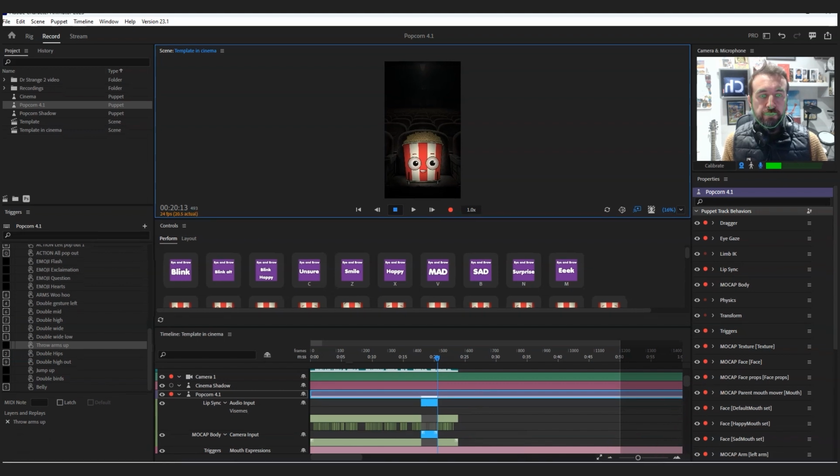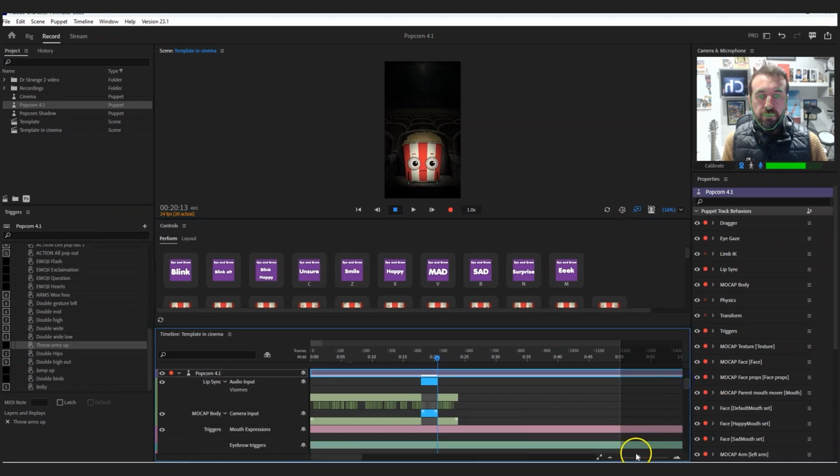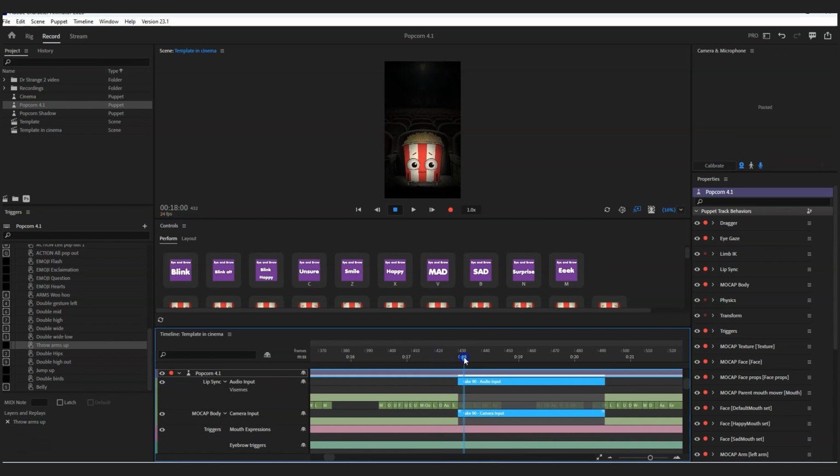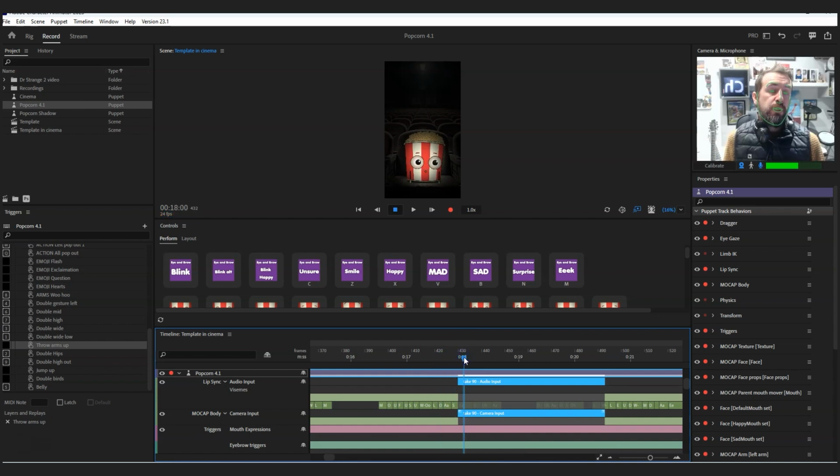So now we zoom in on the timeline and we find the camera input, and we don't want it to just suddenly snap into the new movement because it'll be too jarring. We want it to blend into the new take. So at each side here you can see a little square, and you can pull that across and it will